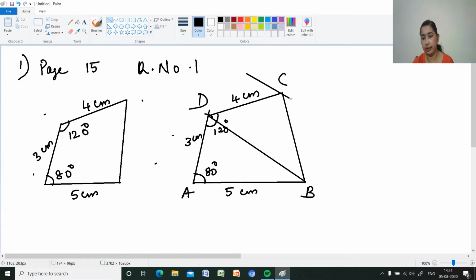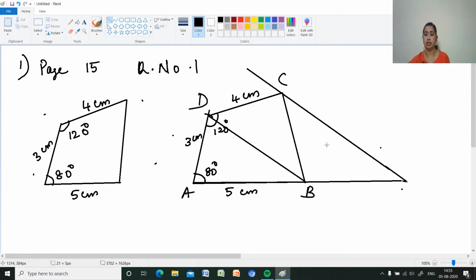So I'm drawing a line here and it should be parallel to BD. You have to keep the set square and draw it. It should touch at the point C. Next, extend the line AB till it touches the parallel line. So the parallel line also should be extended, then only it will be touching this line. The next step is, from the point D, join to this end. So we can see that this is E.